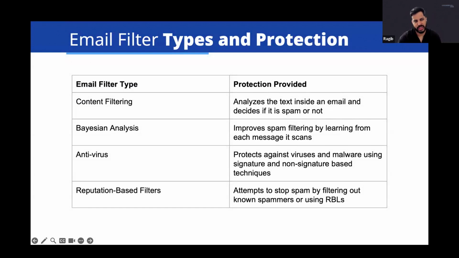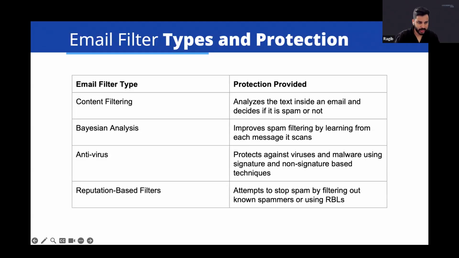So we can see, content filtering is basically your basic text analyzer, right? It reads through your email content. It looks for spam keywords, suspicious phrases, and other red flags. Think of it as somebody else reading every email to decide if it looks legitimate or not. So that is content filtering. It's very similar to the exercise we did last class. Something reads through the email and tries to find some keywords that seem funny or weird. So that's basically content filtering, but it's done automatically through a text analyzer. The second is